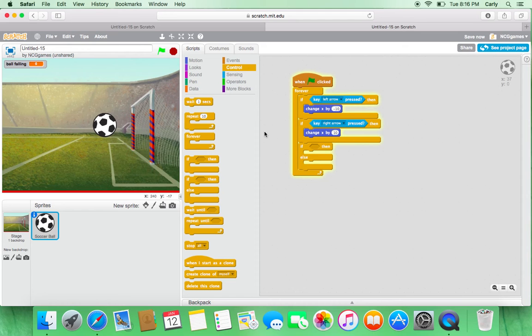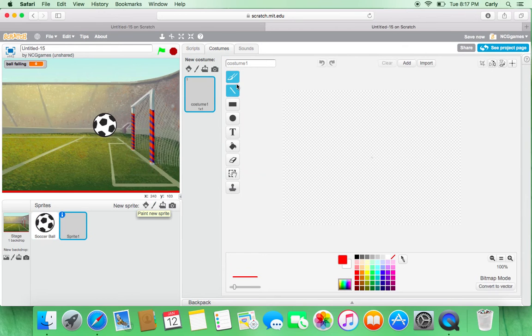So we also want to make our ground, because we always want the ball to be falling down, but we want to program it so when it hits the ground, whatever we want the ground to be, it'll stop falling. So what we do for that is we're going to actually make a new sprite. So I'm going to paint a new sprite, and we're going to take our line here,